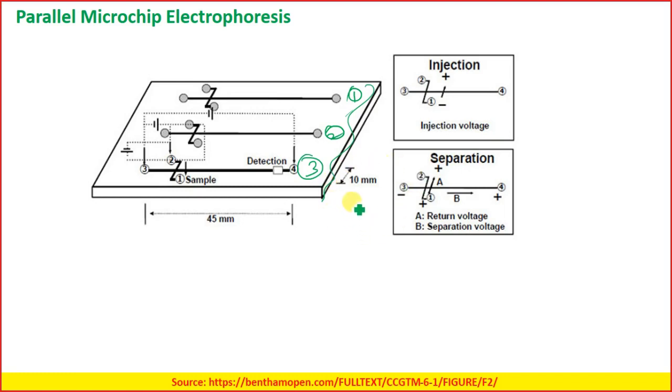Okay. So over here we can have multiple channels which can be carried out parallelly, and you can analyze a large number of samples over here. So you can get this parallel microchip electrophoresis over here. Okay, and also the size is very small, so the cost of operation also becomes quite small if you go for a higher number of testing. Okay, so the per unit cost becomes very cheap.